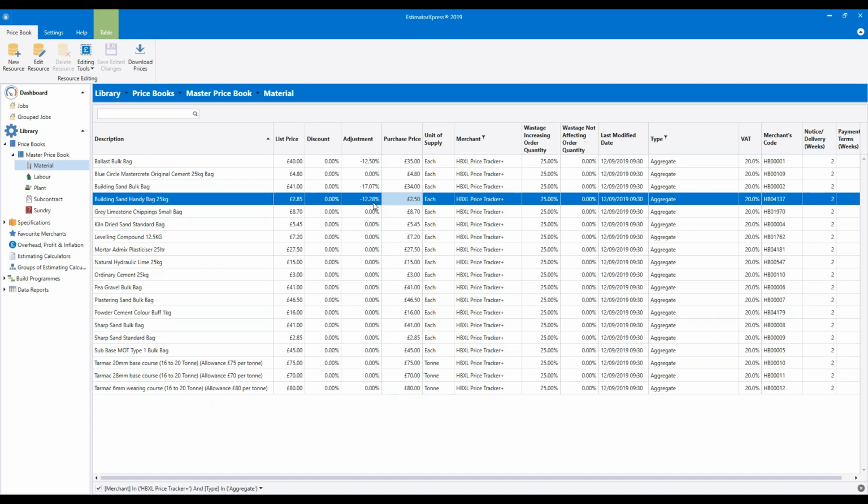If this is the case, you could use the downloaded Travis Perkins prices for most products, but you could then edit the HPXL Price Tracker Plus prices, as we are here for the aggregates, and then use the HPXL Price Tracker Plus products in our estimates. I'm going to be showing you how you can pick and mix the different suppliers later on in this module.